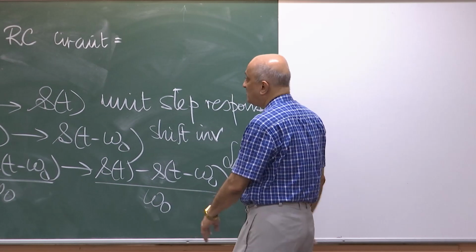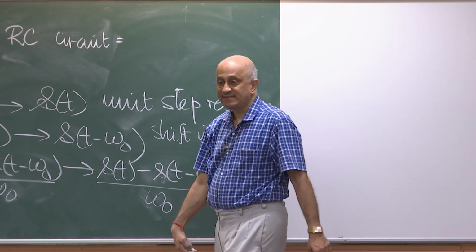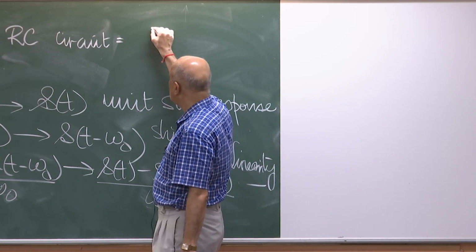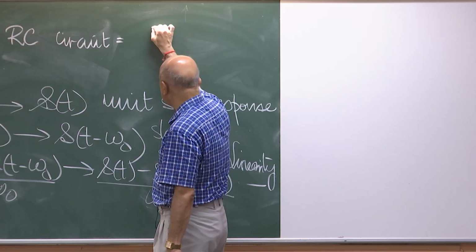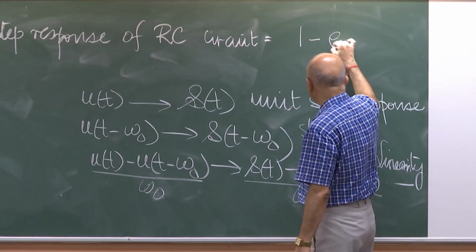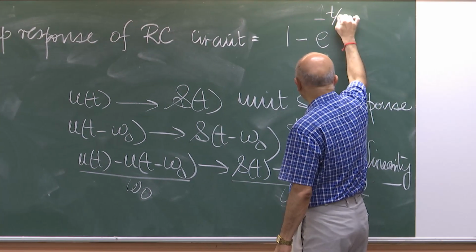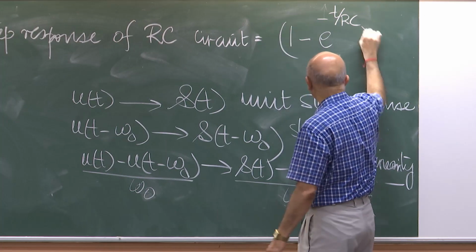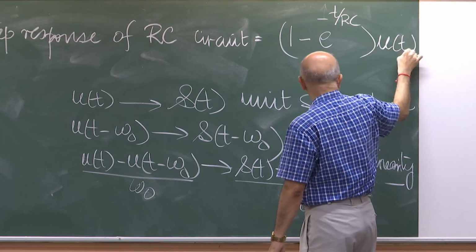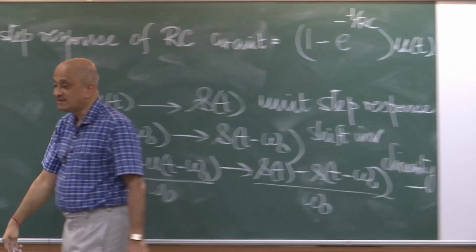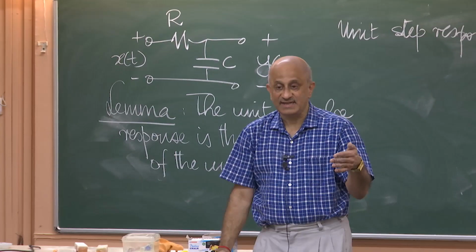So what is the unit step response of the RC circuit? Well, of course, it's 1 minus e raised to the power minus t by RC multiplied by u(t),